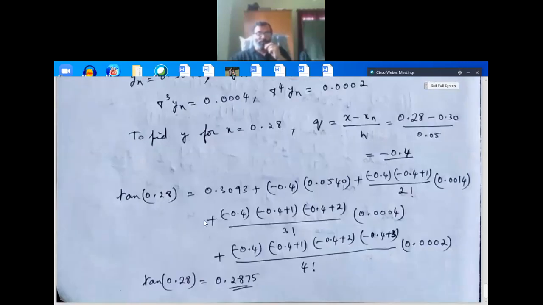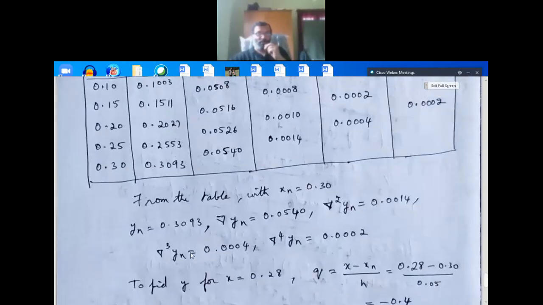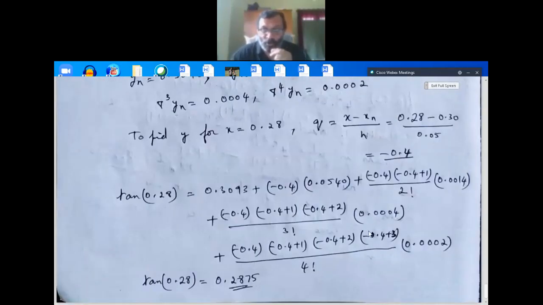Then q into q plus 1 into q plus 2, minus 0.4 into minus 0.4 plus 1 into minus 0.4 plus 2 divided by 3 factorial into del cubed, that is 0.0004. Then the next is, because we have got fourth difference also, minus 0.4 plus 1, minus 0.4 plus 2, minus 0.4 plus 3 divided by 4 factorial, that is 24, into the fourth difference, last entry, 0.0002. Calculate this, you will get the answer as